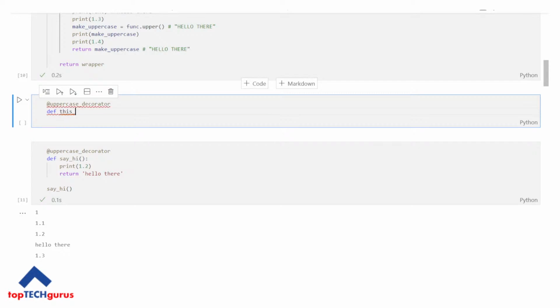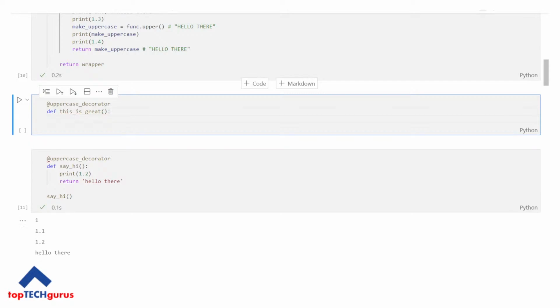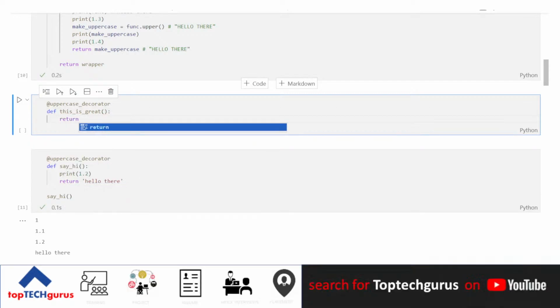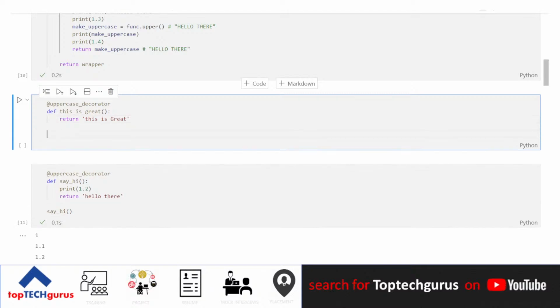This is great. Say we want to return this is great. And if I execute this is great function,